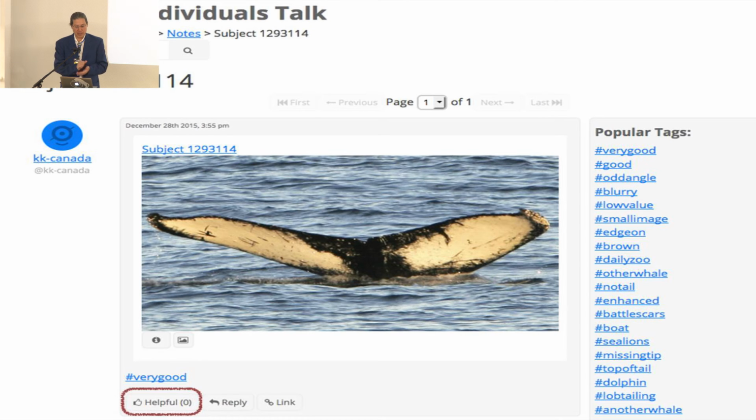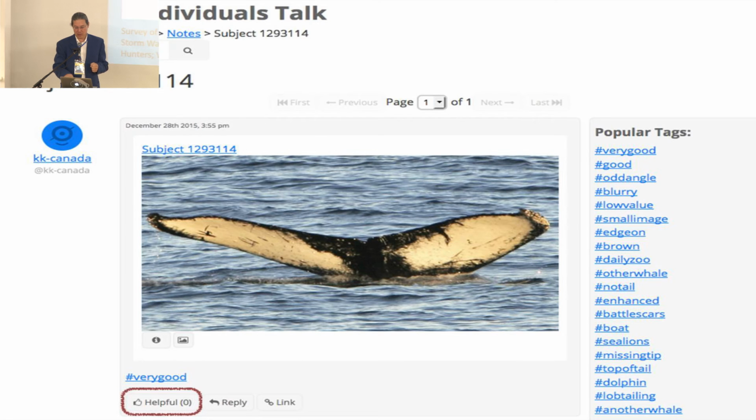So the idea with the helpful button is to encourage people to leave more helpful posts by getting that kind of social feedback. So if you think that a post was particularly helpful, we're hoping that you will click on the helpful button. And then the question is, what kind of use can we make of that feedback that something was or was not helpful to encourage more people to contribute more helpful posts? We're still trying to figure out exactly what the best use of the feedback is. So if you have ideas about that, that would be helpful.